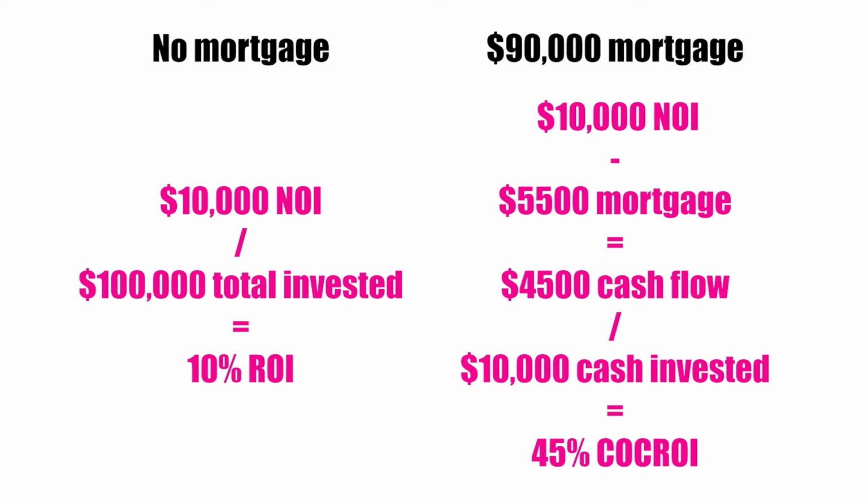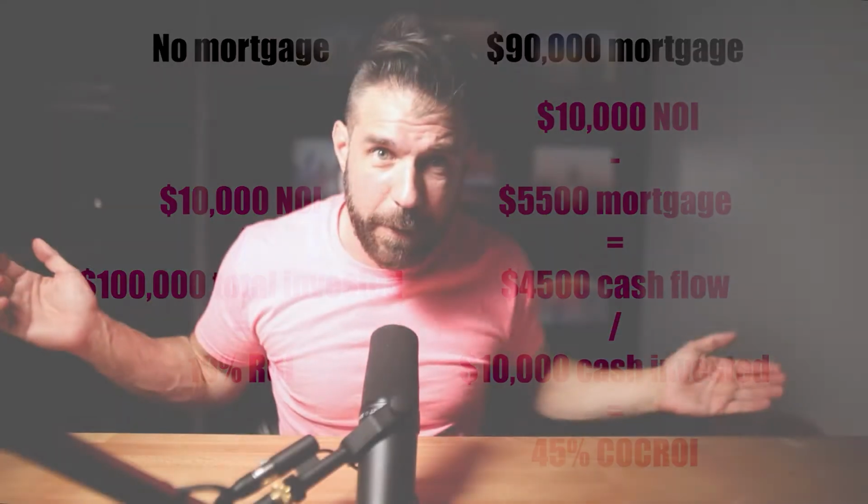That's why debt is called leverage. My $4,500 cash flow divided by my meager $10,000 initial investment cash is a 45% cash on cash return. That's better than 10%, right? Heck yes. Okay, now let's go ahead and put the full $100,000 debt on the property and I have no